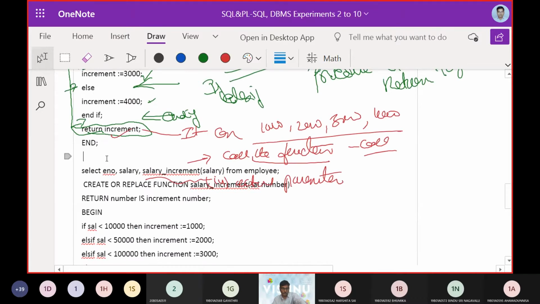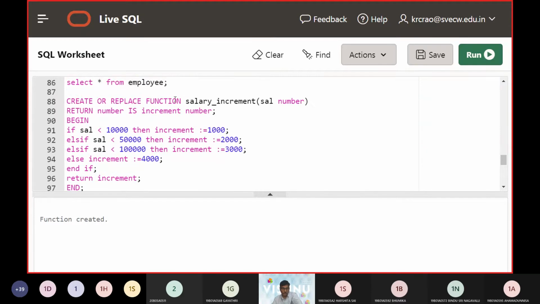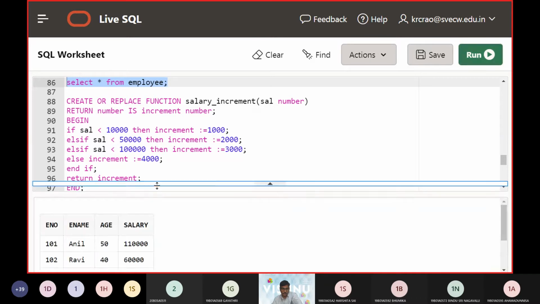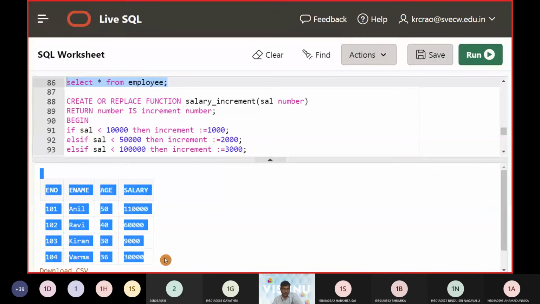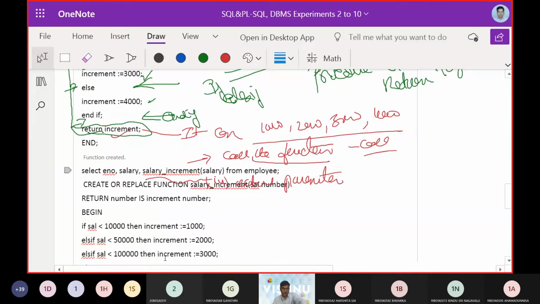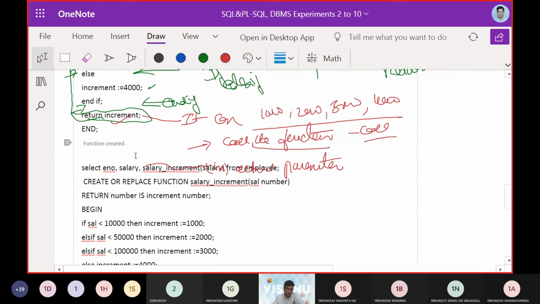Function was created. Then we are now executing the query part, that is the answer we are going to expect here. So this was the employee table we are running as an output.